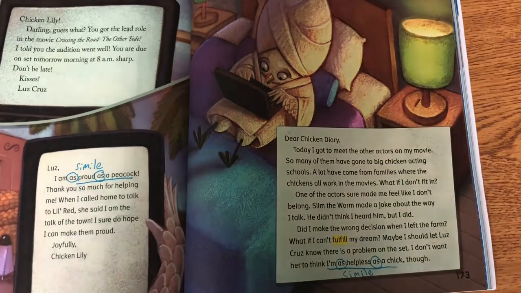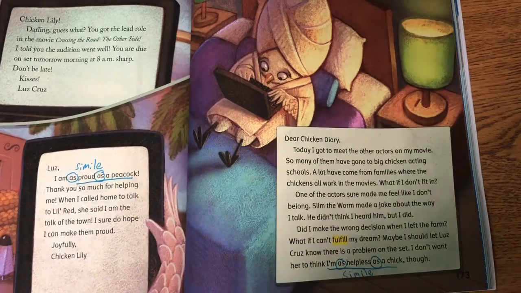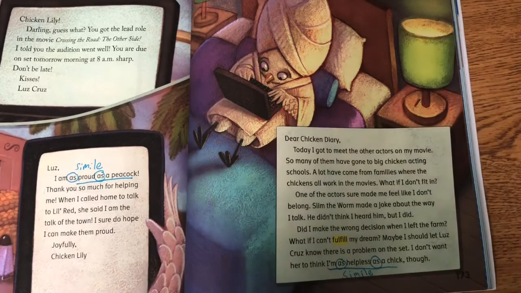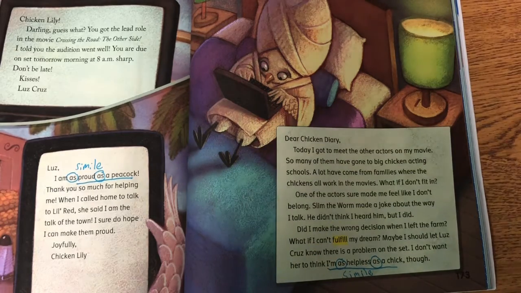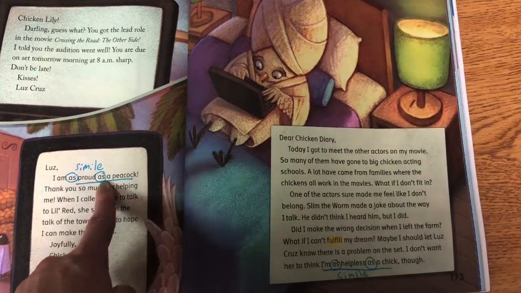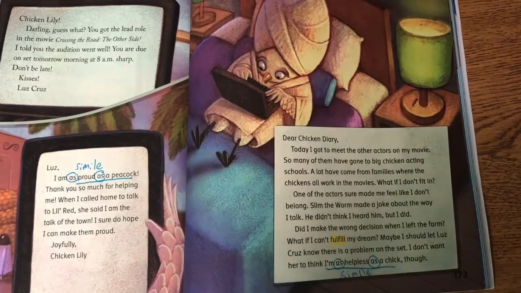A lot of authors use figurative language in their fiction writing. So as you read this story and other stories on your own, pay attention to similes and idioms and hyperboles, and whenever you read those words, create a mental image in your head of what the author is trying to tell you. Remember, it's not literal. Instead, it has a different meaning to it, so it could help you imagine it in your head and to make the writing more interesting.